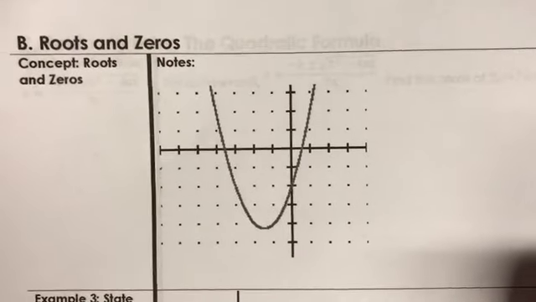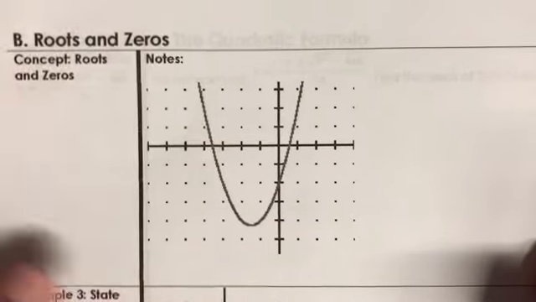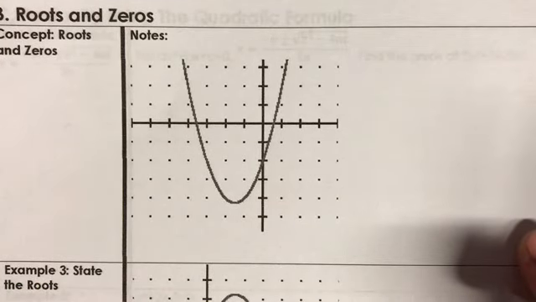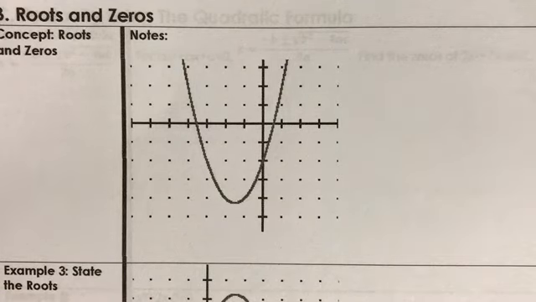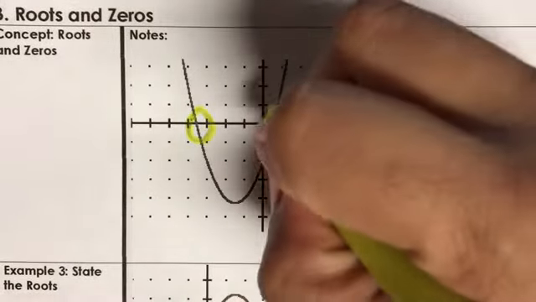Alright, good morning. We're going to continue to look at quadratic equations. We're going to look at roots and zeros and the concepts of roots and zeros. So, roots and zeros are pretty self-explanatory. If we look at the graph, the roots and the zeros are going to be where your graph crosses the